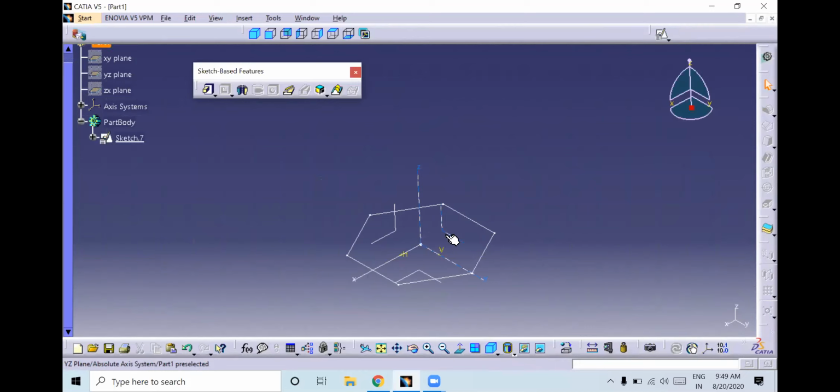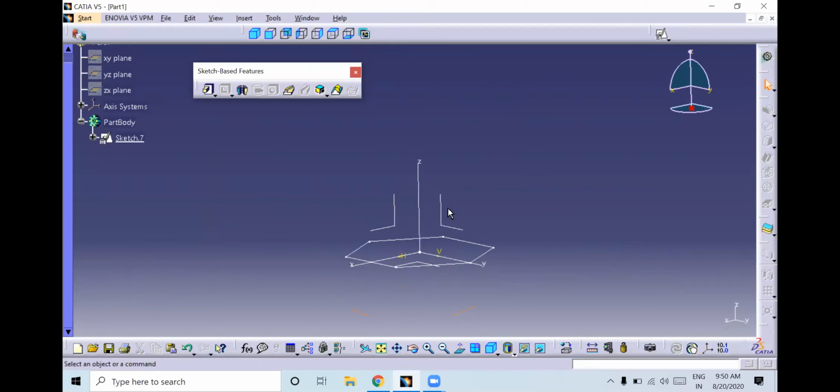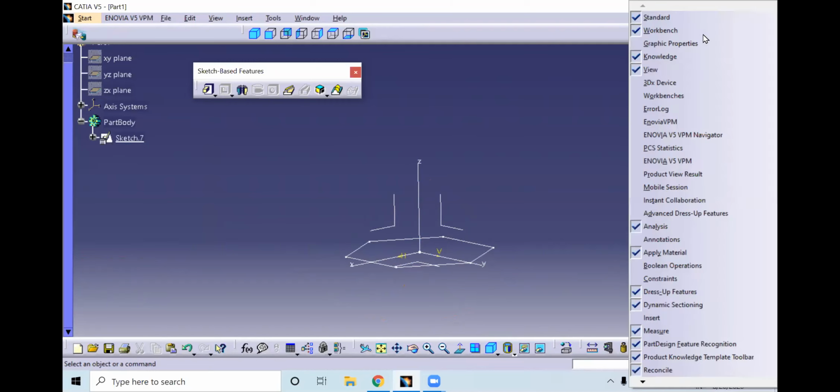I have told you we have to create more than two profiles on different parallel planes. So I need one more parallel plane, right? To create a parallel plane, you need to have reference elements.